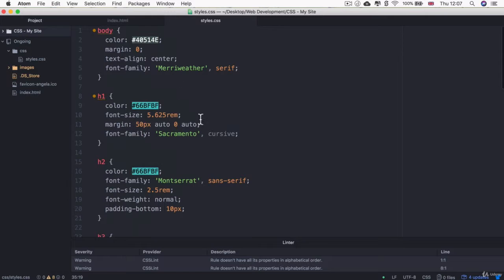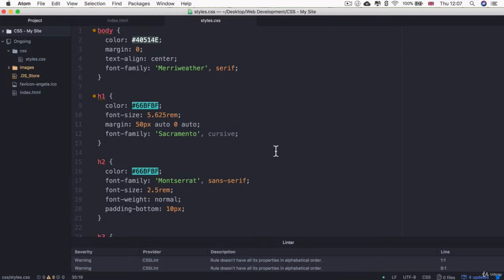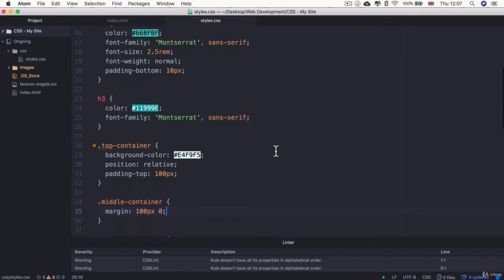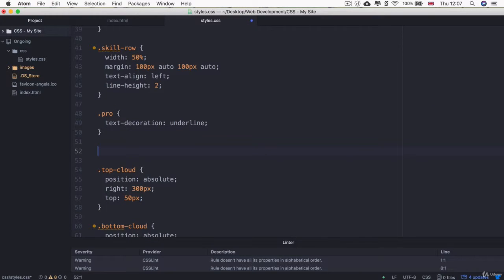If I go into my index.html, I already have a class for that paragraph, which is called intro. You might have called it something else, or you may or may not have this class. Just check to see what you called this class over here, and then we can target it inside our styles.css. I'm just going to put it below the pro class. So it's called intro,